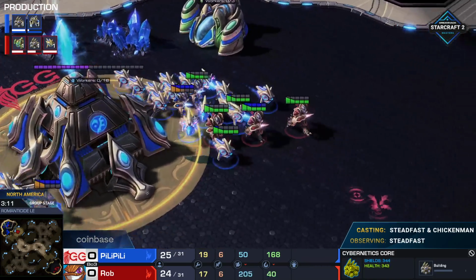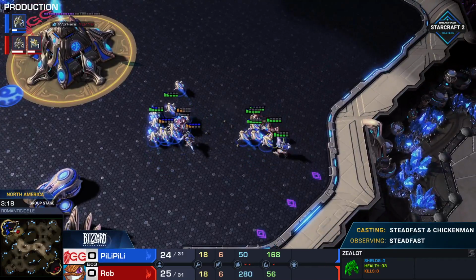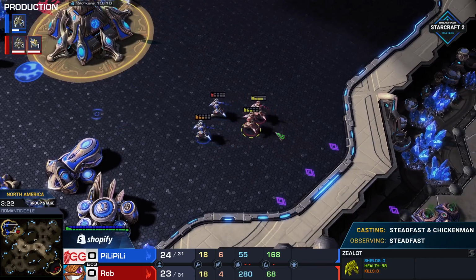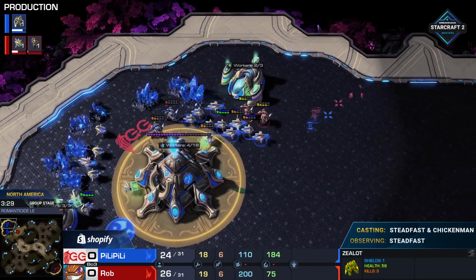Now the probe's going to have to fight very carefully here. Zealots make quick work of them, but the Zealots do not want to get surrounded, and there we go. 1 gets surrounded, the other 2 still running away. But now it's 2 Zealots to 2 Zealots. Trying to fall back to the cannons. HP does favor Rob right here, but PiLiPiLi is going to...